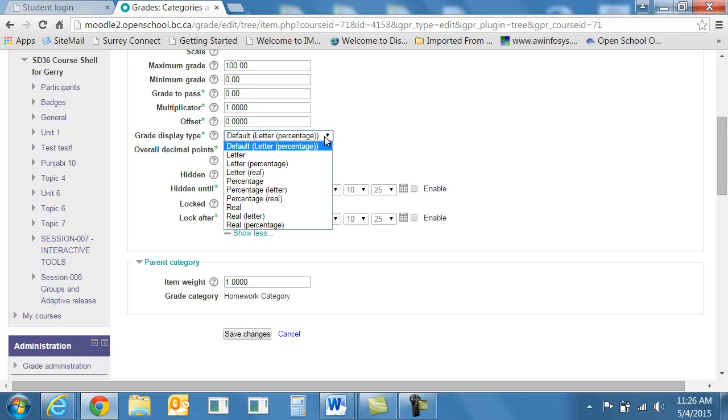Do I want to show letter grade? Do I want to say letter percentage? Just the percentage, letter. I don't know what real is, sorry. I can look into that. So basically, you want to show percentage and the letter grade. So if I select that and save it,